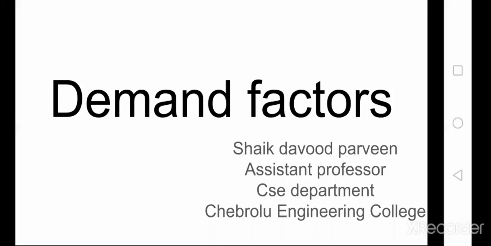What are the demand determinant factors and what is the demand function? The demand function is defined as a function of different factors of demand, such as the price of the product, income of the consumer, taste and preference of the consumer, size of the population, advertising and other factors, by which the demand for the product changes.